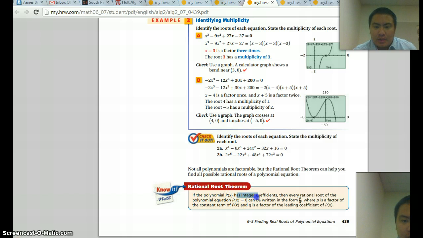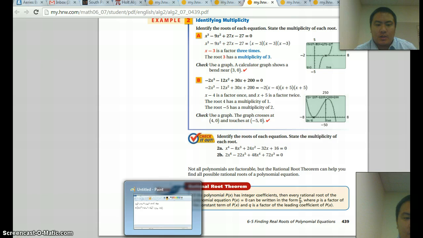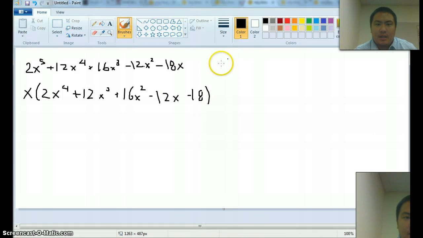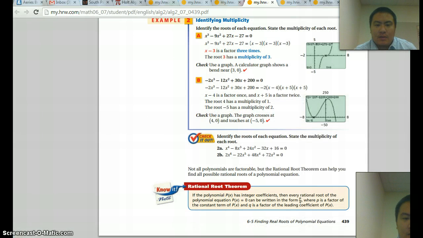Okay. So if the polynomial has integer coefficients, then every rational root of the polynomial equation p of x equals 0. So in other words, every 0 that we can find can be written in the form of p over q, where p is a factor of the constant term and q is a factor of the leading coefficient. So in other words, p is the factors of